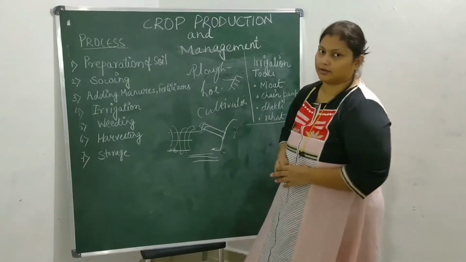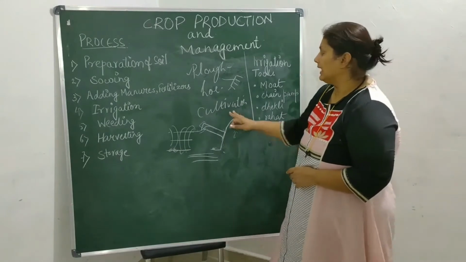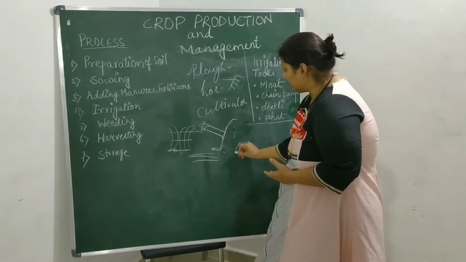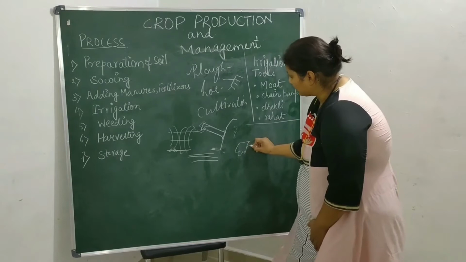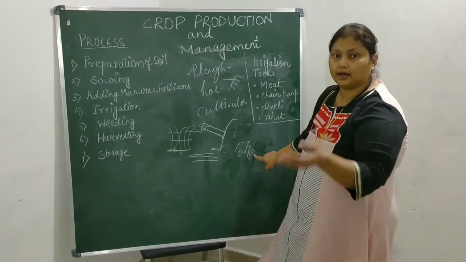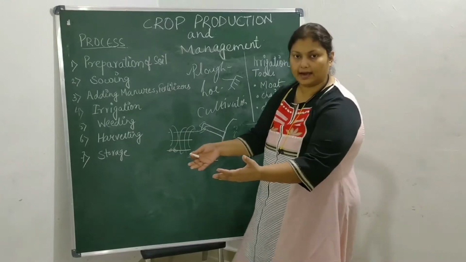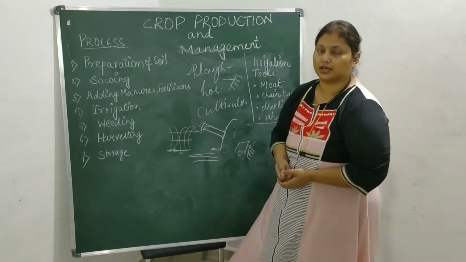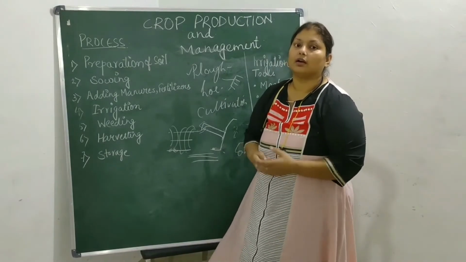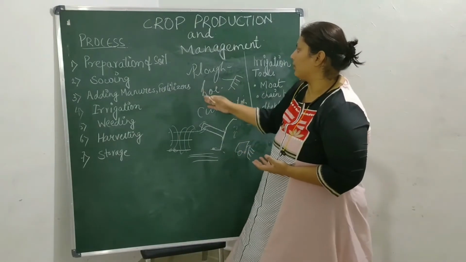And the other one is cultivator. Cultivator is a very important and very efficient tool for the farmers because it is carried out by the tractor. The tractor has hook-like, sharp edge-like blades at the back of the tractor. These sharp blades dig inside the land and plow the field very efficiently. So it reduces the time and also saves manpower. It is not as tedious as compared to the plow and the hoe.